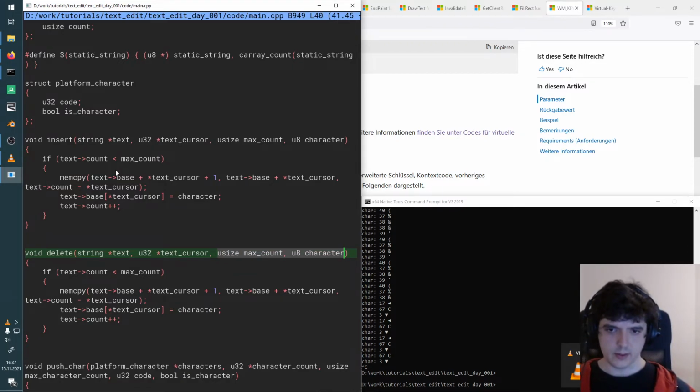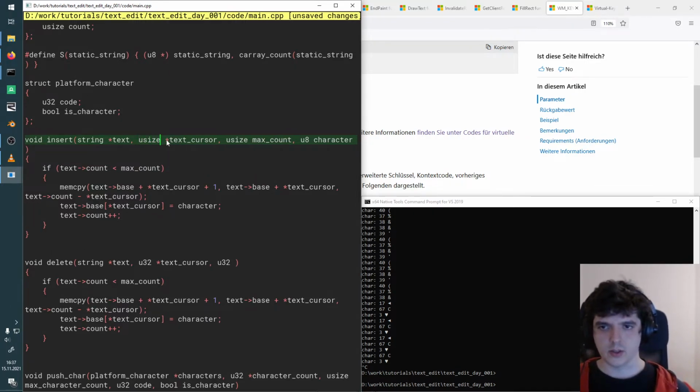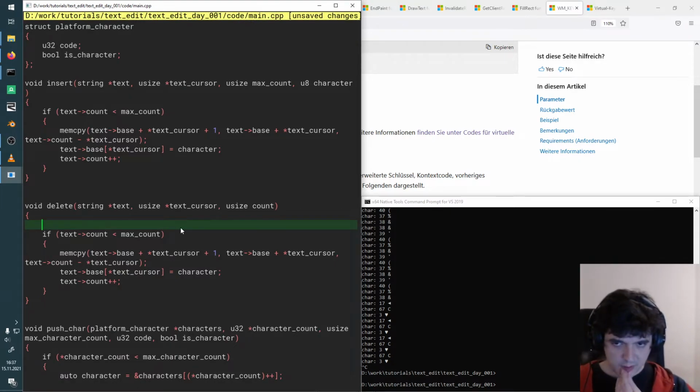just how much we want to delete can be arbitrary, but I'm just going to say, also it makes sense if our character count is unsigned size, our cursor should be too, like so. And we can just tell it how many bytes to delete, basically. And first things first, we want to know if there is anything to delete at all. Basically, if our text count,